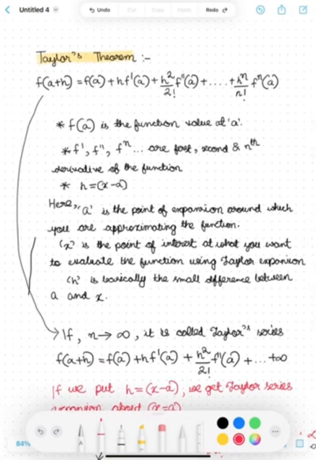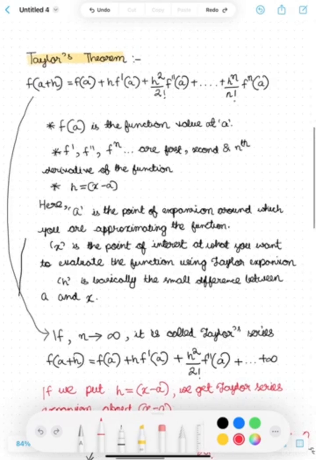Taylor's theorem is a fundamental concept in calculus that provides an approximation of a function near a point using polynomials. Specifically, it expresses a function as an infinite sum of terms calculated from the function's derivatives at a single point. We can see Taylor's theorem goes like f of a plus h is equal to f of